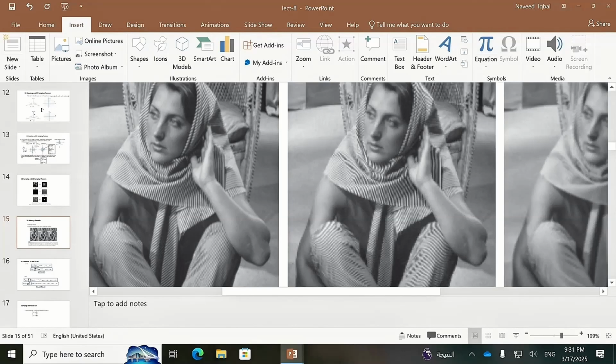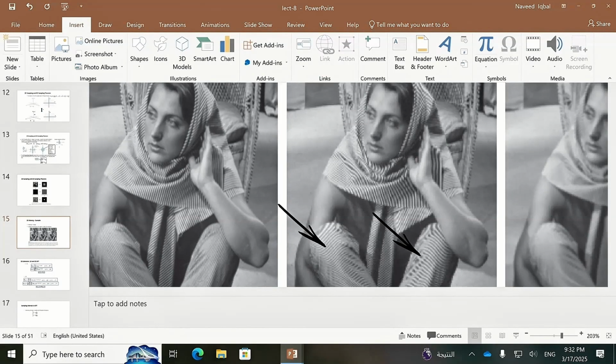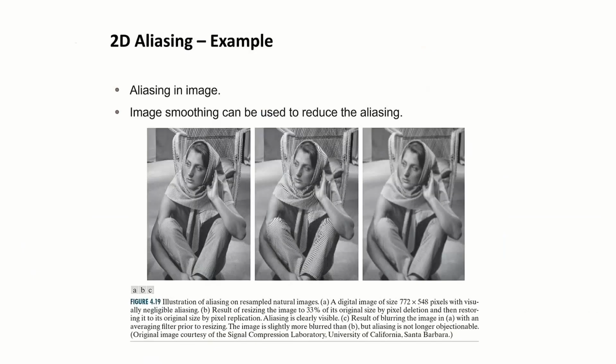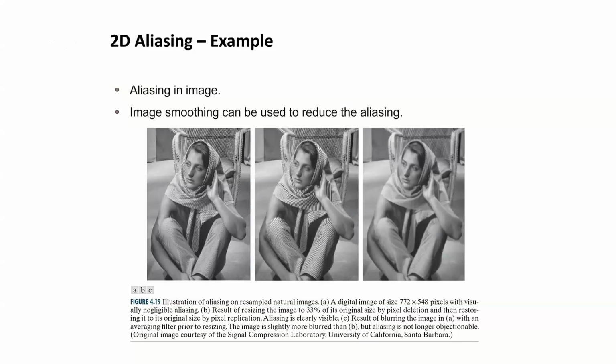No, even there we have it. You see this? But it's not prominent here, it's prominent here. But you can see the design has also changed here. You see this? So this is what it is. Okay? Fine. Again, because in 1D we did sampling, we get a signal that is in continuous